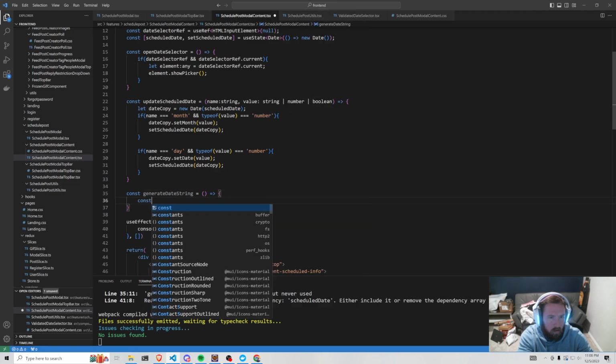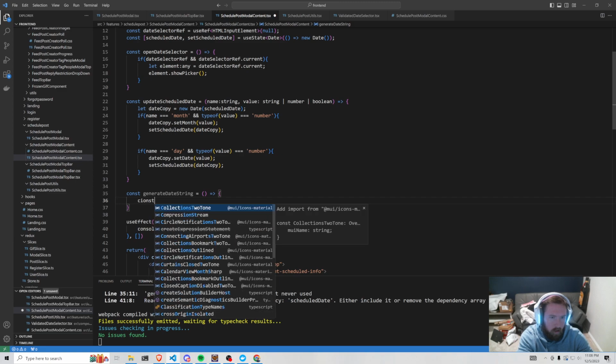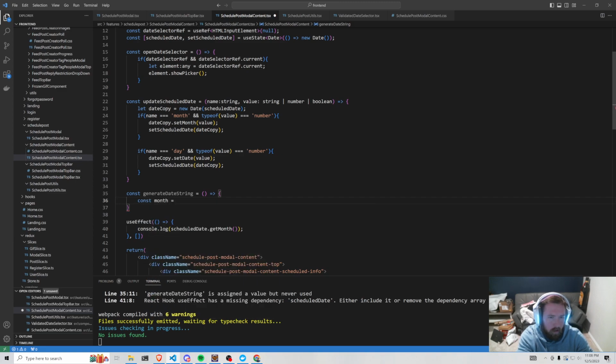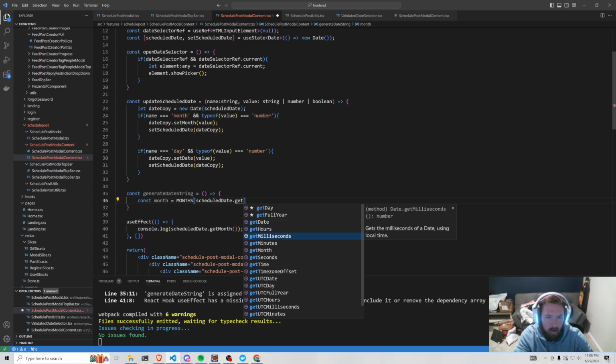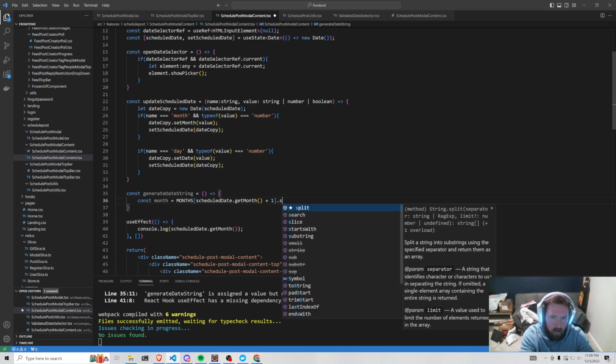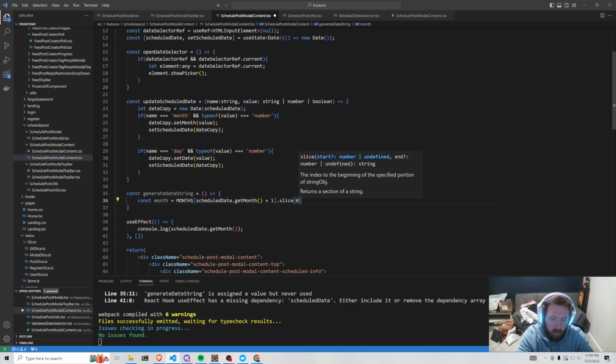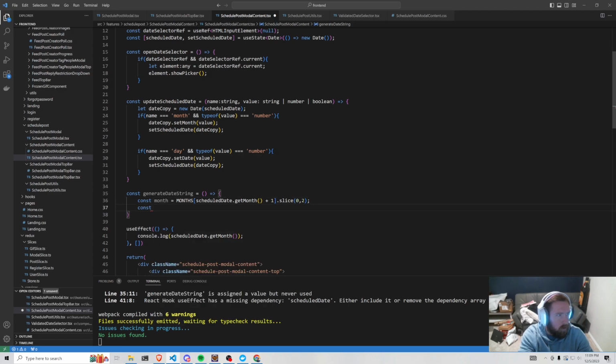So we'll say return. Actually, we'll say const month is equal to months, and then we'll say scheduledDate.getMonth() + 1, and then .split. Was it split? It wasn't split. It was slice. Want slice or substring? This one returns a string, so sure, we'll slice it from 0 to 2, and then const